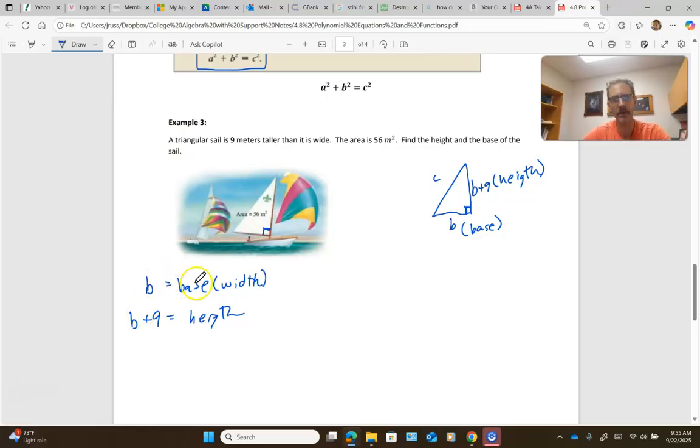So I've got my variable, or my unknown, defined here. Now, I need to come up with an equation that relates this information. Now you may think this is weird. They start talking about the area of the cell being 56 square meters. Well, that's important, guys, because that relates these two sides together to a specific